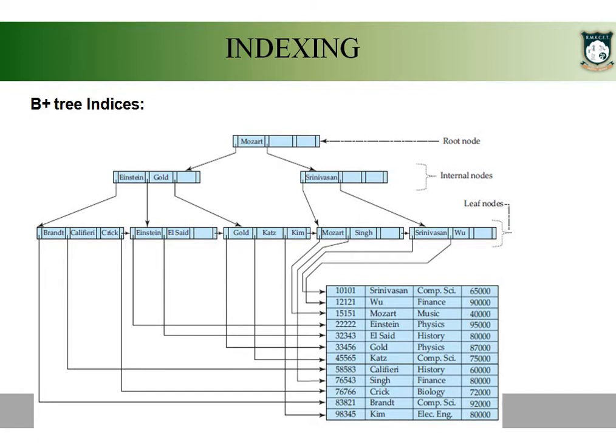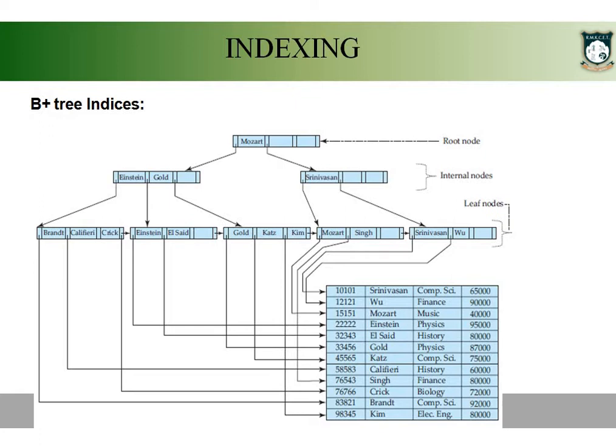The last point regarding this B+ tree data structure is that the actual key values will be available only in the leaf nodes. The key values you have in your non-leaf nodes are only for reference. The actual key value will be available only in the leaf node.